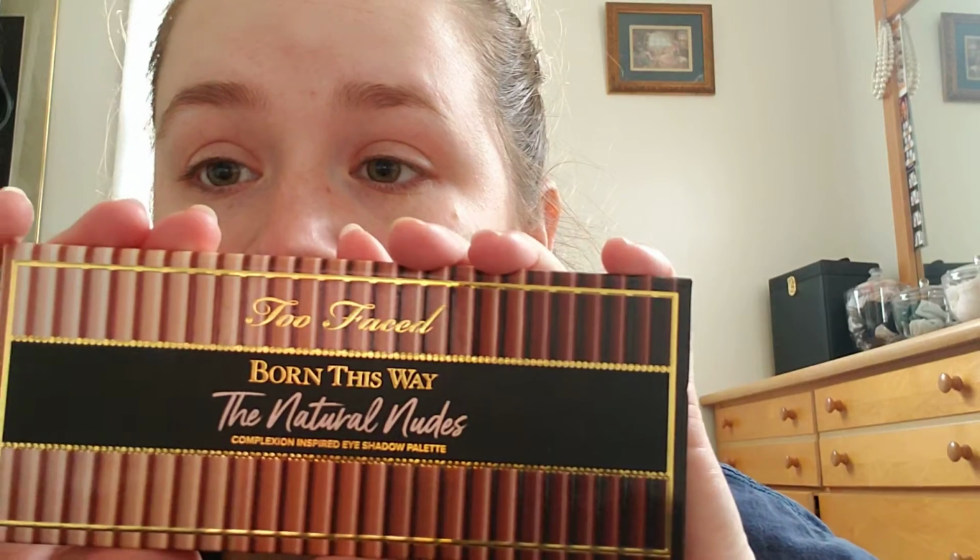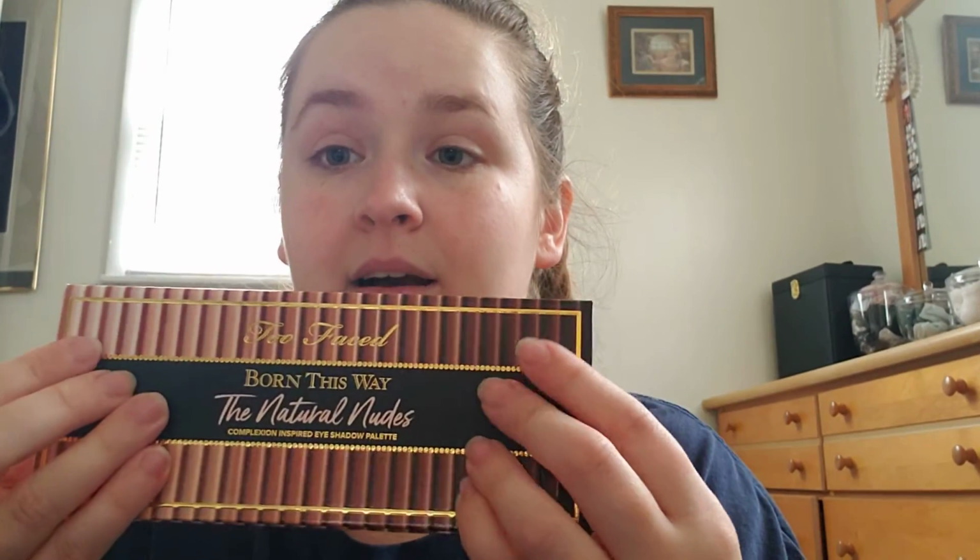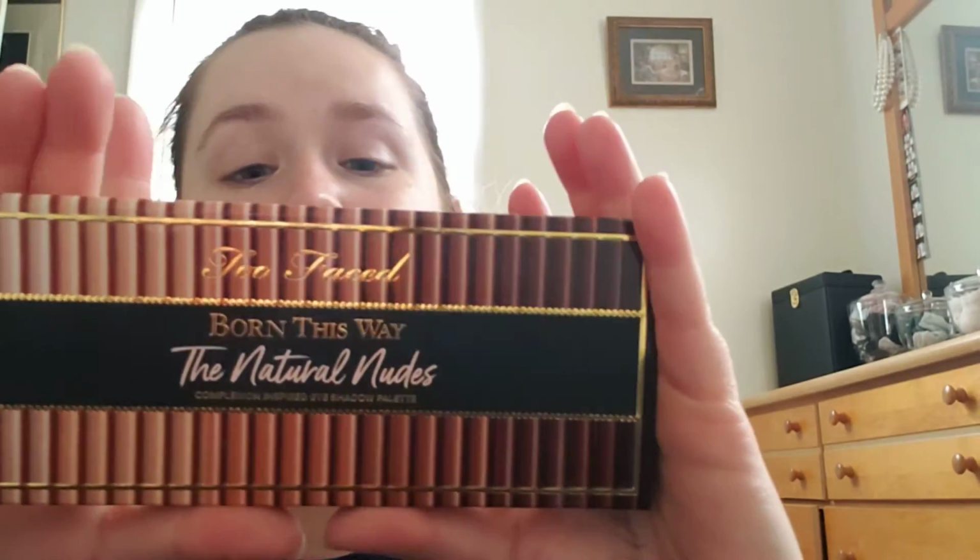Here's the palette. I actually thought it was going to be a bigger, bulkier palette, seeing it online versus now seeing it in person. But this is very much travel friendly. Mine's got a sticker on it. It says A51. Guess that tells me which one I have. But anyway, I thought it was going to be a pretty palette, but it wasn't going to be very travel friendly. But it actually is about the size of